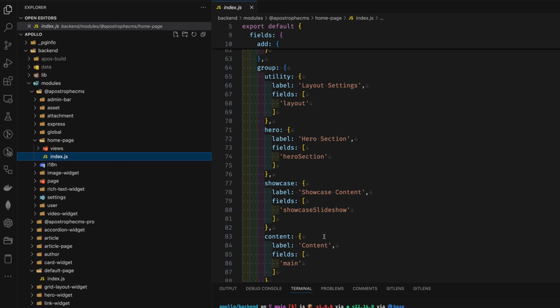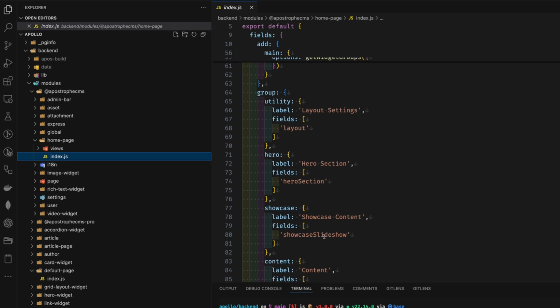So you can read all about this in the Apostrophe documentation. You can read about all the other schema field types, and you can read more about how you can organize your fields and your added fields and groups. So going back to the default page,